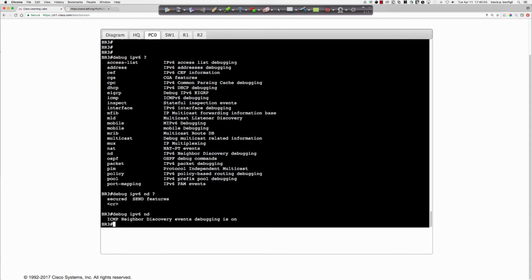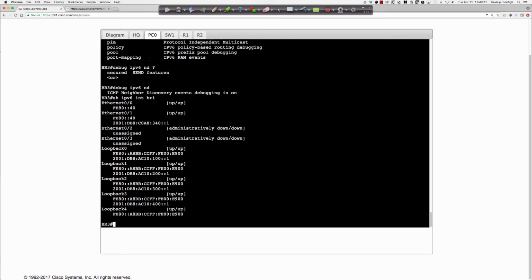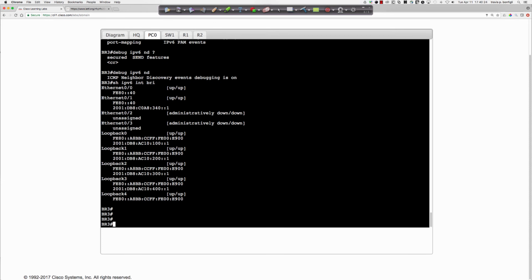On branch 3, let's do show IPv6 interface brief. I don't know the internet's address, but you'll notice we're not seeing any information at all with relation to neighbor discovery. The address is auto-configured on